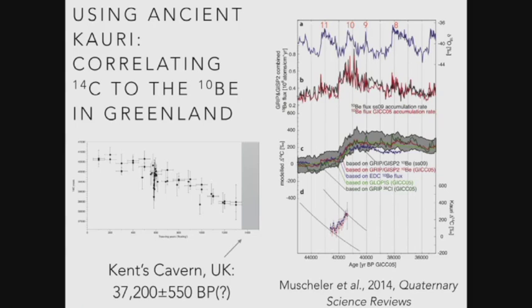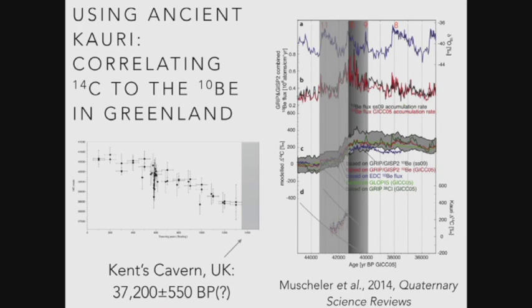The key thing is, Kent's Cavern, which is one example, is the oldest date we have, somewhere around that mark, let's say 37,200. It's too young relative to Mangawai. It doesn't fit. It's younger than Mangawai. So the practical upshot is, this is where you would have placed Kent's Cavern, using the calibration curve as we understand it. Now, based on where we fit the Mangawai, it must be somewhere in there or younger still. We don't know.